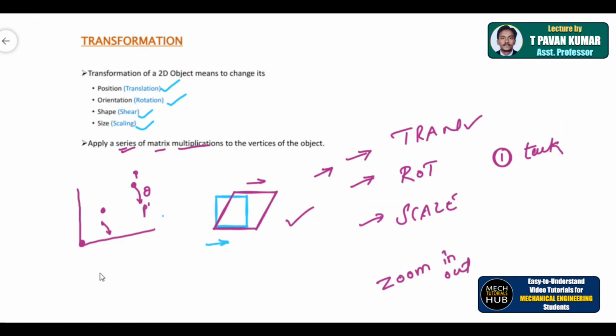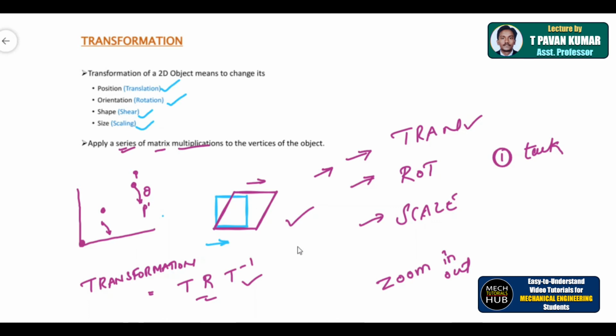So the simple transformation will be something like this. Initially it is going to be T, translation, okay, then it is going to be R, rotation, then it is going to be T inverse, because it is going back to its position. So multiple tasks, nothing but a series of tasks, need to be performed, and that can be executed so effectively in the case of transformations, which will enhance or increase the flexibility of any of the modeling software.